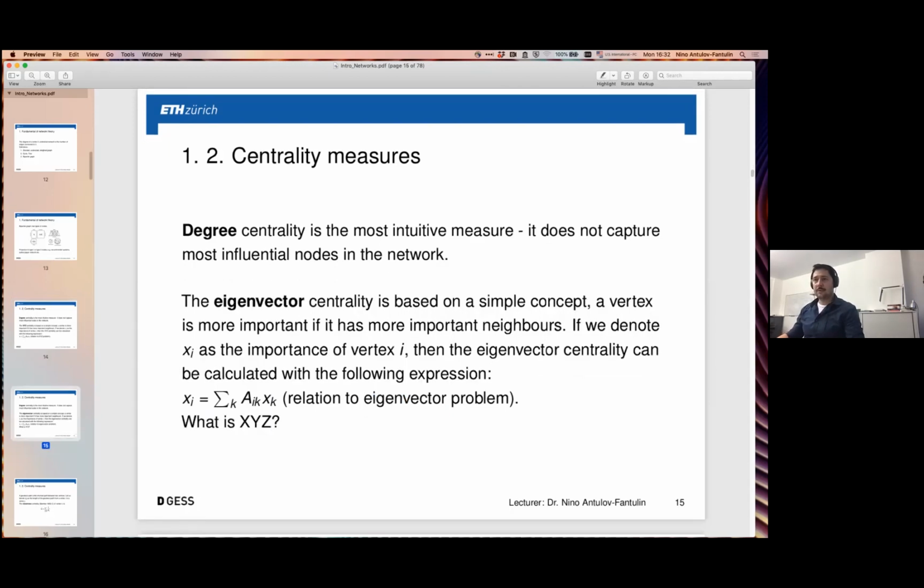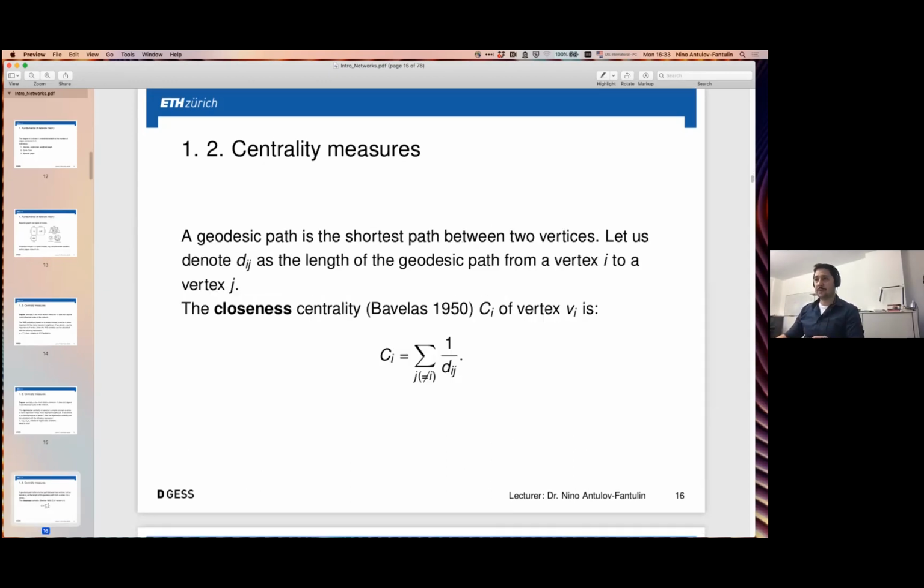So let us proceed. Yes, this is the eigenvector problem. If you recall from linear algebra, what is the eigenvector problem? You have a certain vector x that describes the importances of nodes, and you have a linear operator that acts on this vector. Then you get another vector, and this vector is the same as the input one. So this is a very specific eigenvector that is associated with the eigenvalue 1. This is directly the description of this problem.